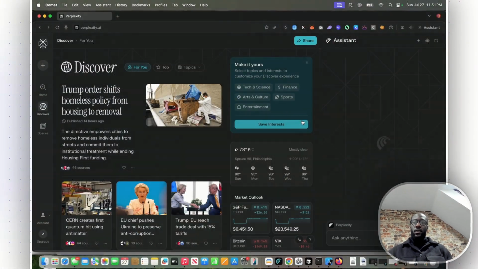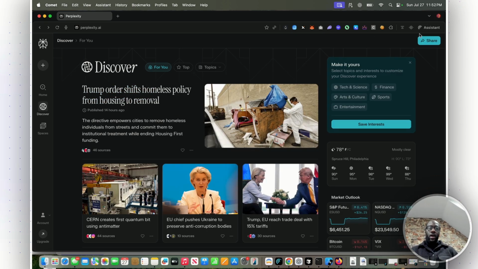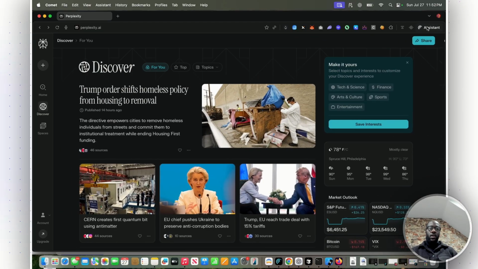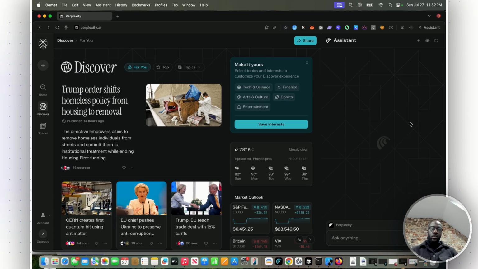So Perplexity's Comet, when you sign on, first of all will carry over everything that you have on Google Chrome. If you see at the top right here, all my crypto wallets and some of my bookmarks are here that came from my Google Chrome. The homepage is, as you can imagine, Perplexity, and at the top right there's an assistant. This assistant right here, which you can click off and on, is a chat window similar to ChatGPT or what you would see on Perplexity.